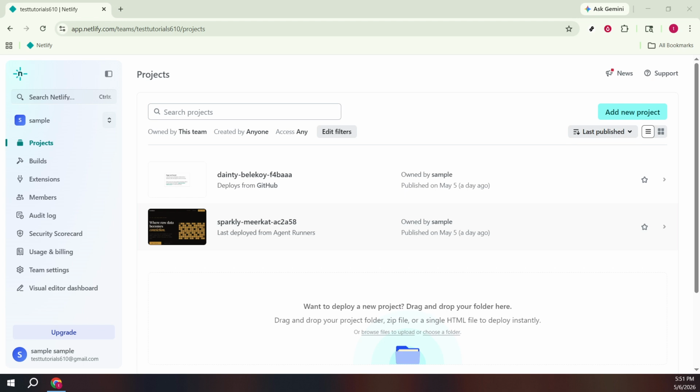Start by heading to your Netlify dashboard. From the main workspace, look to the left-hand navigation and open the Projects section. This is where all of your sites live. If you manage multiple sites, use the search bar at the top to quickly find the one you want to connect to a domain. Make sure you're selecting the correct project, especially if you work across multiple teams or environments